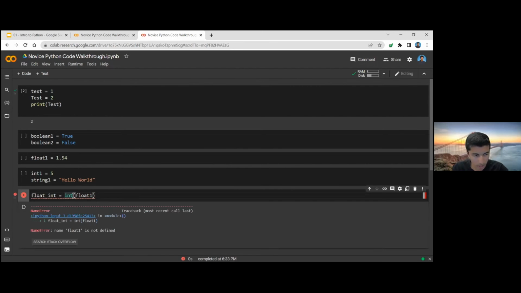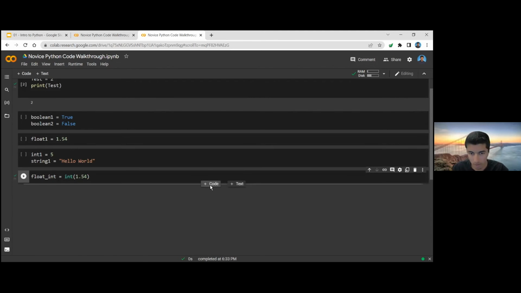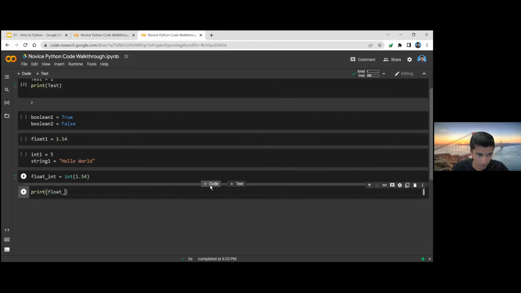And as you can see there, I actually made a mistake here because float1 is just 1.54 for the case here. A simple example. And then we can print out just float_int, just to see what it looks like right now. And we can see that it just basically truncated the end or dropped off the end to 0.54. That's exactly what's going to happen when we're converting to an int from a float. So it's not really rounding it as you might think in math, but it's more just sort of truncating the end off to get that actual value.